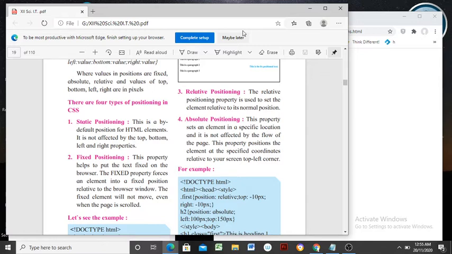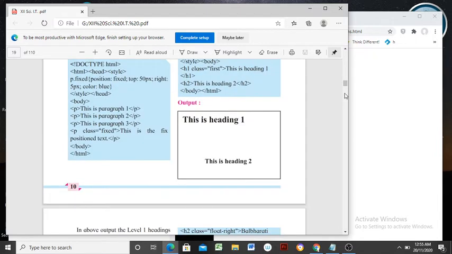So we have seen in fixed positioning such content to be effectively applicable while using such a class attribute or property. See here, we have designed this selector with properties and values as a part of fixed positioning. Here p dot fixed as a particular positioning type, position fixed, and some properties with respective values.